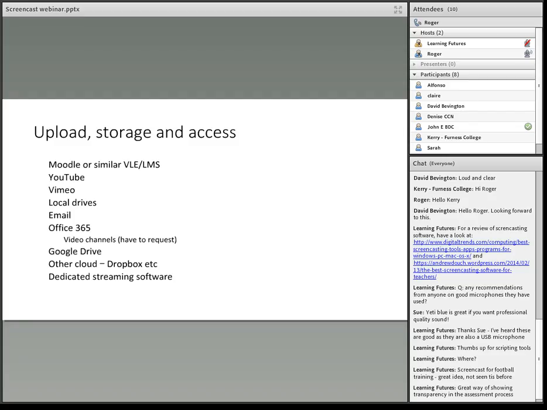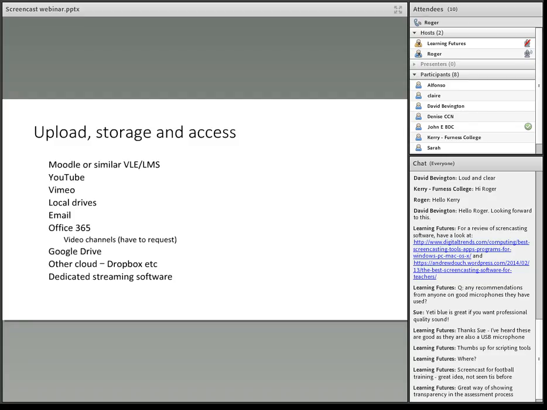So rather than use YouTube, which is nothing wrong with it, but obviously it's third party, it's something that is not as secure as it would be if you're using Office 365. That's something we're interested in in terms of that cloud storage. You could do something very similar with Google Drive as well. I'm sure it'll work equally as well. It's just that Office 365 is what we've chosen at the moment.